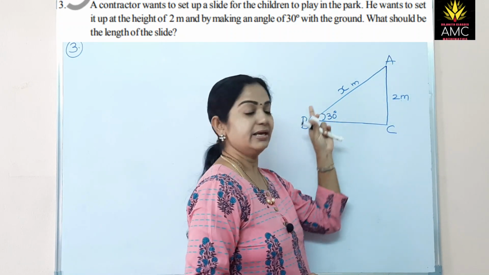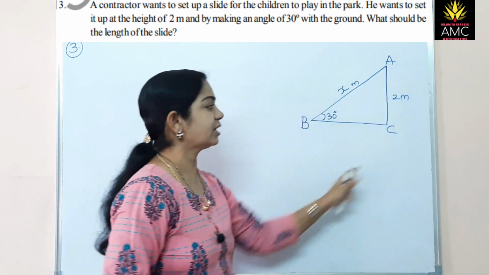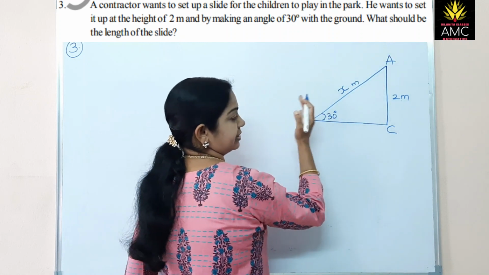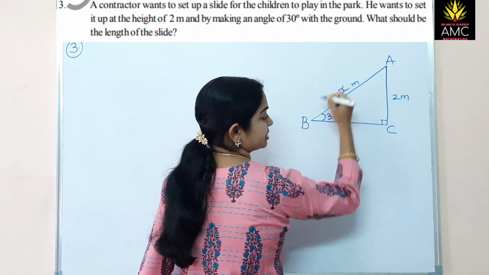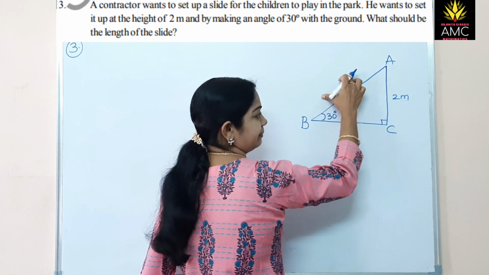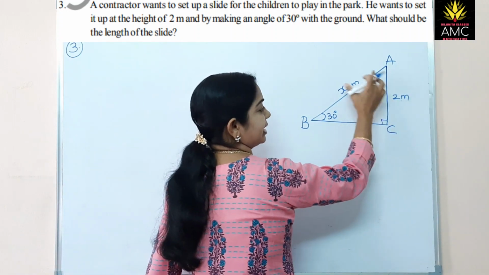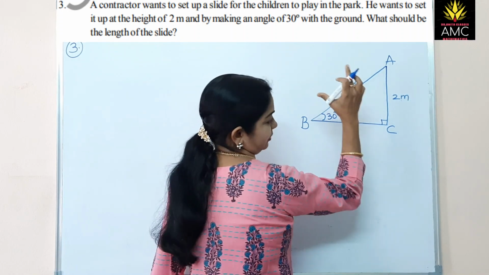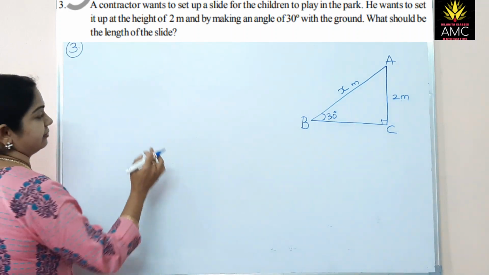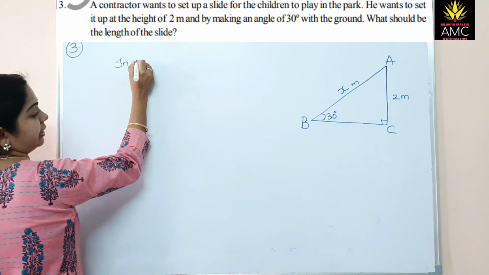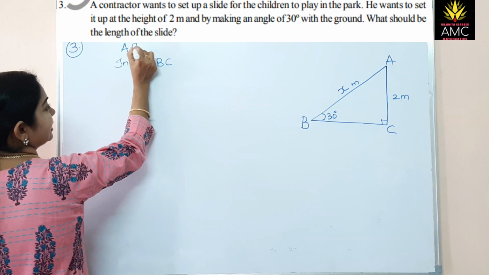What is the length of the slide? If this slide is making 30 degrees with the ground, that means this is here. Now if you consider this, because the slide, you know, like this, and it will be erect here. So this is 90 degrees, this forms a right angle triangle. If this forms a right angle triangle, this is the hypotenuse, this is the opposite side and the adjacent side. Now opposite is given, hypotenuse we need to find. So we have to use only the tan. Okay, in triangle ABC, you can also mention AB is the slide